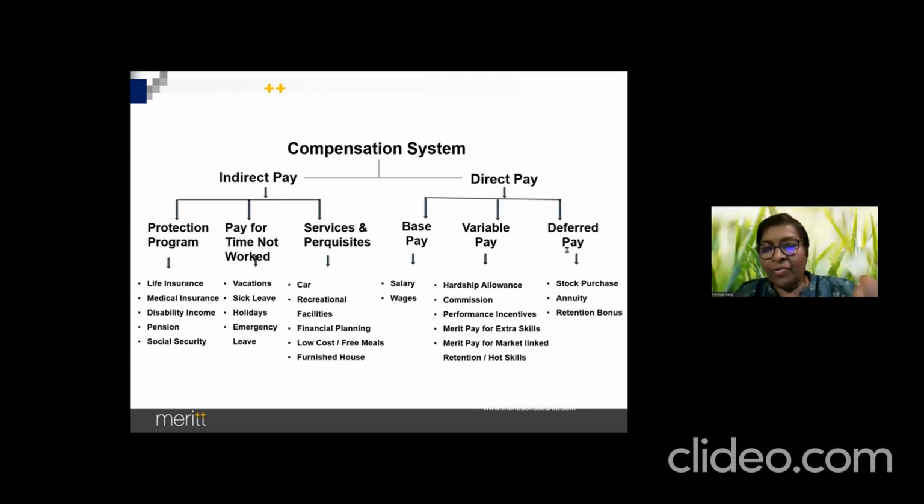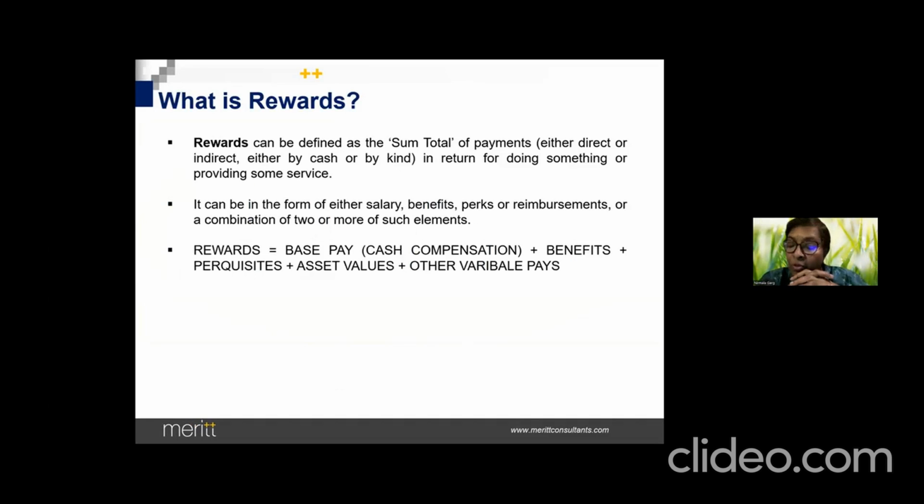Okay. But hey, have you guys understood the entire components of a compensation system? Okay. So what we looked at before we took a break is the external factors which impact compensation, more importantly the government regulations, the union negotiations, globalization and technology, etc. And thereafter, we looked at the components of a compensation system, which are very important to get the right mix.